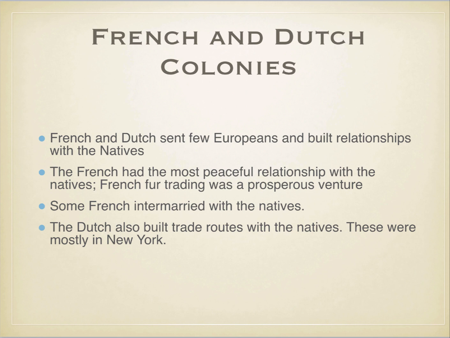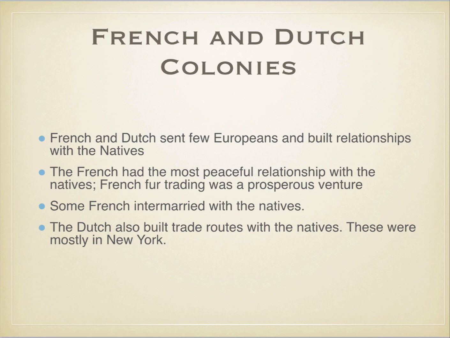All right, now we're going to go to the French and the Dutch. The French were in Canada, and the French were in Louisiana, north and south. The Dutch, as we all know from New York, the Dutch settled what was called New Amsterdam or New Netherlands, and then the Dutch would eventually have to cede that colony to the British.